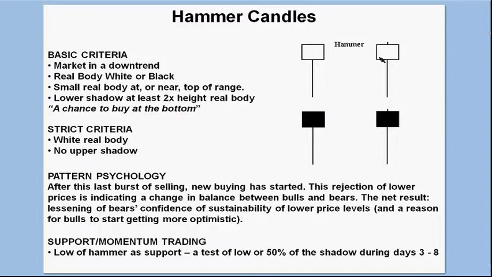Now this is a hammer candle. As far as priorities, this would be first priority and this would be second priority. The wick, or the shadow, needs to be twice the size of the body. That is what identifies a hammer candle at the bottom of a trend, with the wick to the bottom. You shouldn't have much of a wick on top; it should almost look a little bit like this.